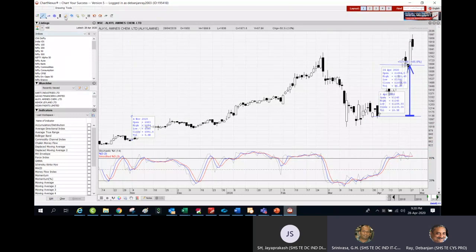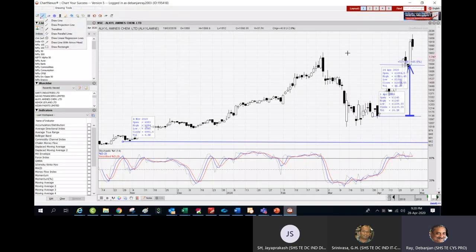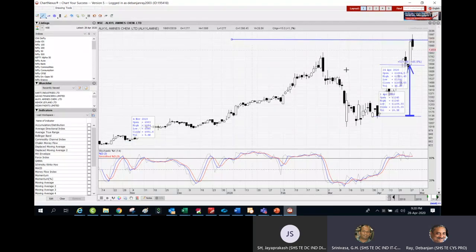I'll also put a line here. And then I want to measure how much the stock growth is.